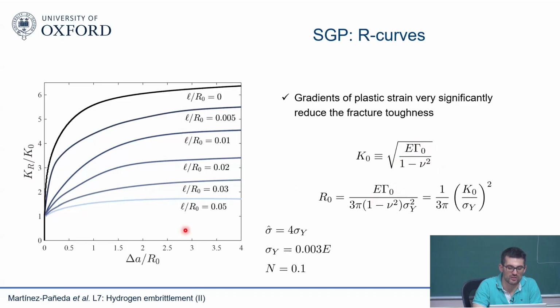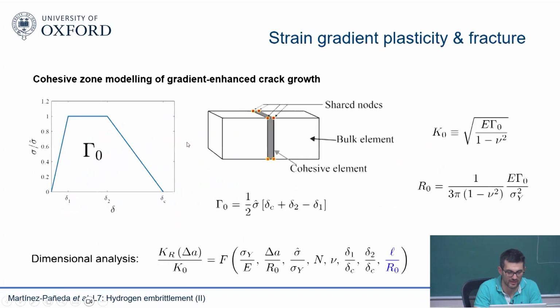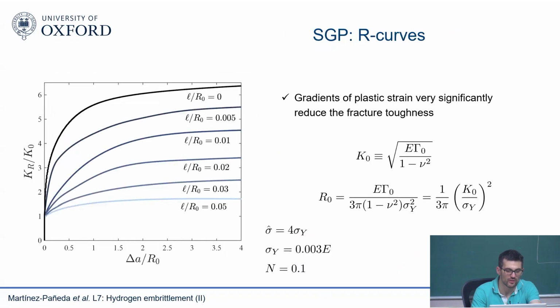Here we are changing the length scale, but if you do a dimensional analysis, remember, this means that I'm going to get the same results if I keep these ratios the same. So if this is 3, it doesn't matter whether I change this value or that value. I did dimensional analysis, so I'm going to get the same answer. You can get these curves either by changing the length scale or changing R naught. You're going to get the same result because of